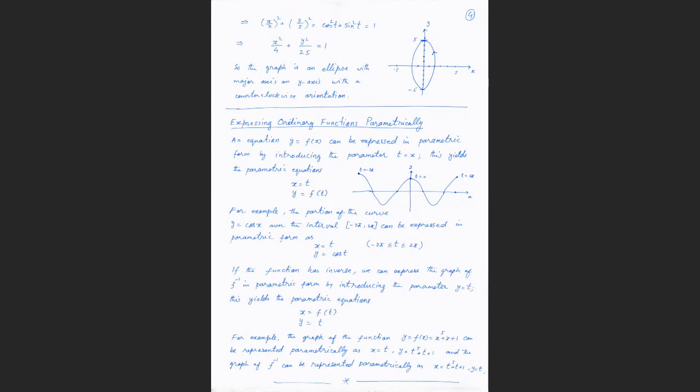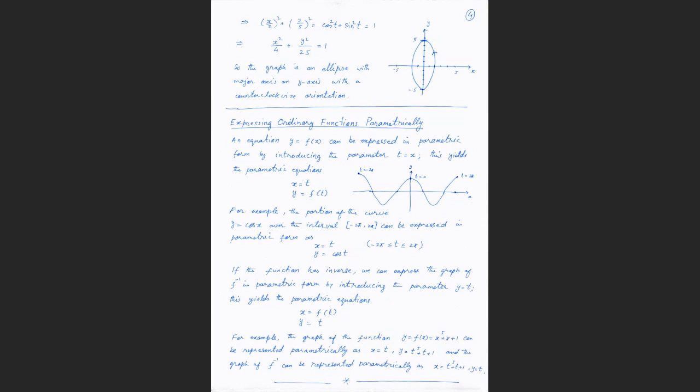Okay, so this is about how we can express any single function in a parametric form. If you have any function, in a function you have only one equation. I told you in the first class that a function is an equation. A function is an equation, but every equation is not a function, may or may not be. So we have to write the equation of a function in a parametric form.